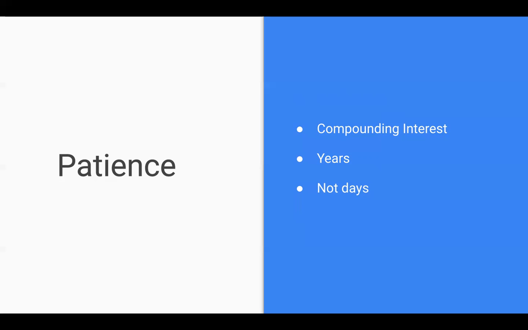So it's expected, if you put your money into a stock, it's expected to increase about 8 to 10% a year. Now, if you let this go for 20 years, your initial investment is going to be worth a lot more than what it was. And it's important to know that this doesn't take days, it takes years. So it's important to be patient.